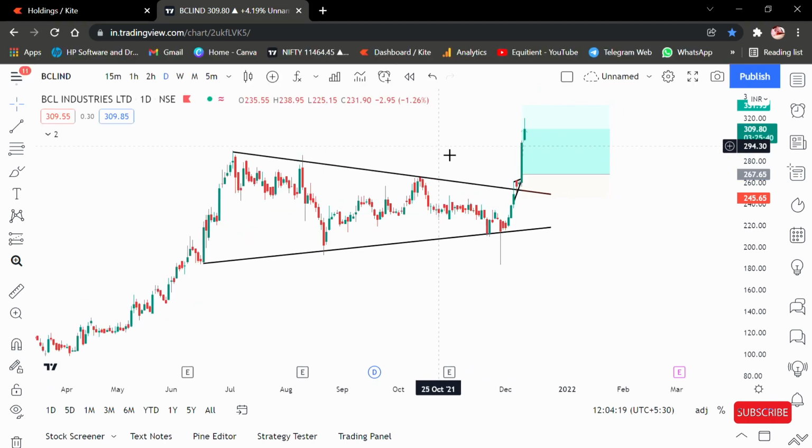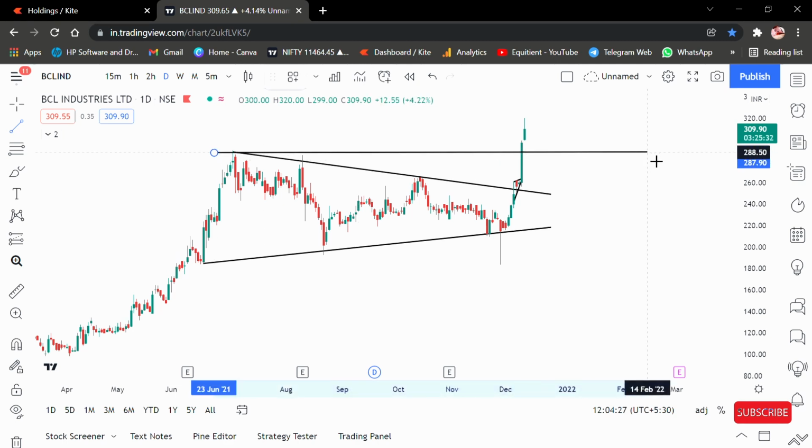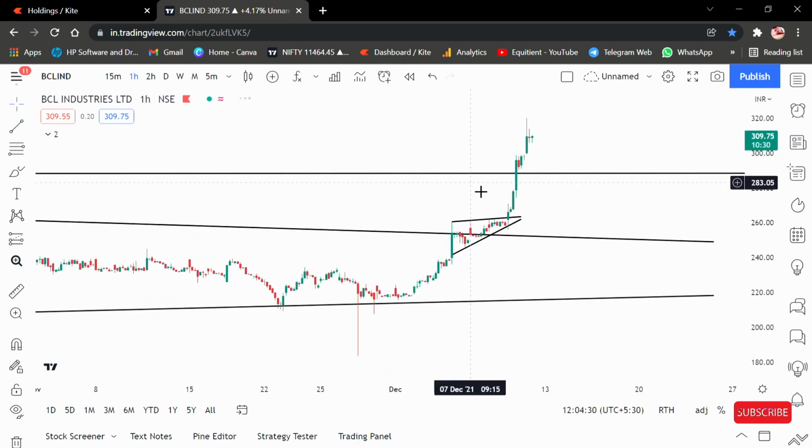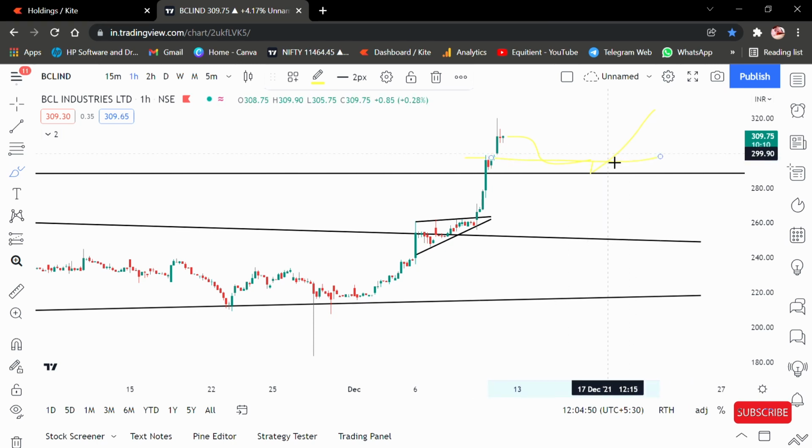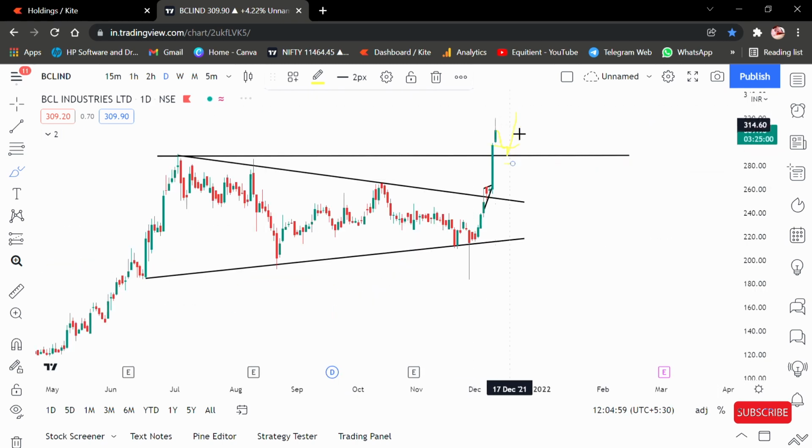Then I will show you if there is any opportunity to enter right now or not. So let me draw one thing. So here is our new line. Let's go to the hourly chart. So after the breakout it took a small retest here, and now it is again going up. So if the stock comes down something like this, and then again goes above this, you can enter somewhere around here, right? So your entry will be somewhere around here. After showing a strong reversal, you can place your SL just below, don't take too much risk. So this is how your entry will look.